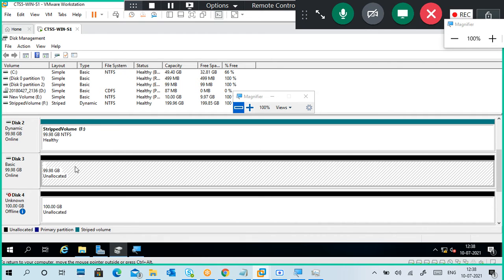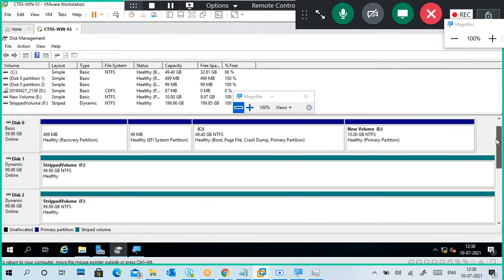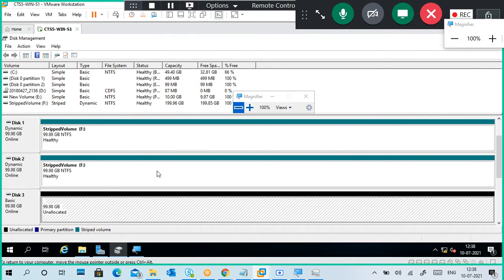So this is my 100 GB hard disk. For example, I created a single volume, means a single partition of 100 GB, and you cannot put more than 100 GB of data in this volume. But your data size is increasing daily. So what to do? You need to add an extra hard disk to it.